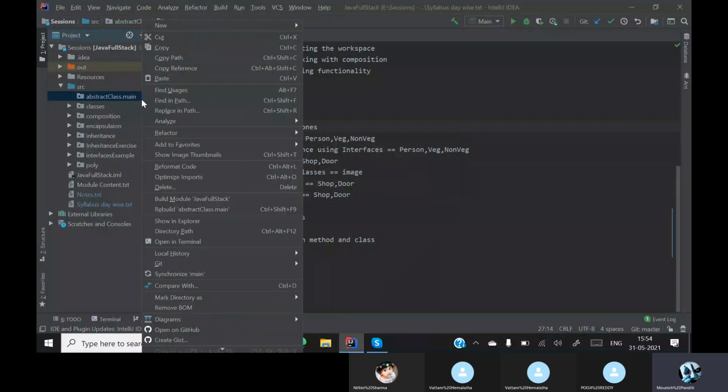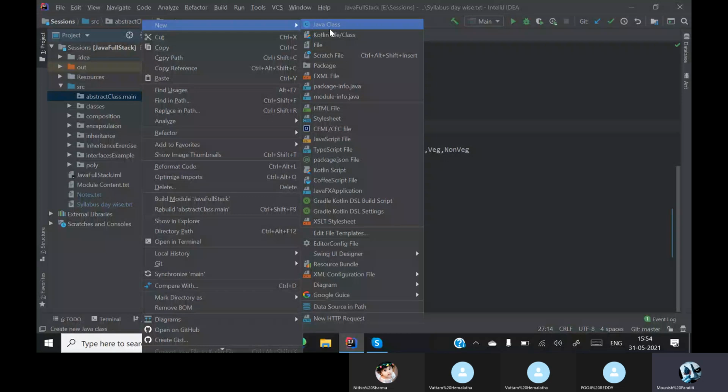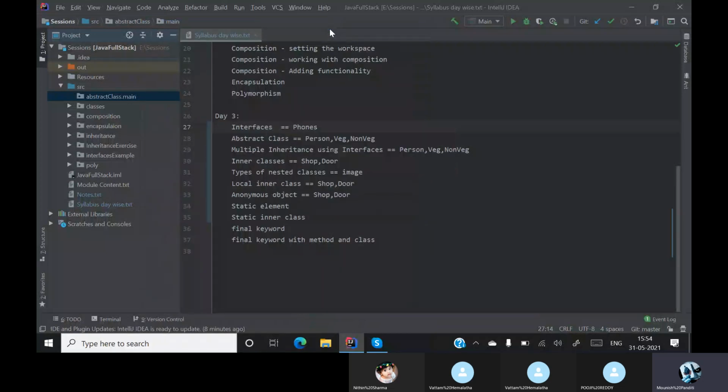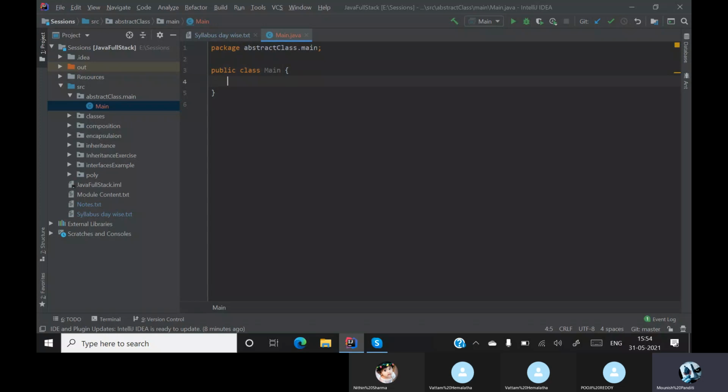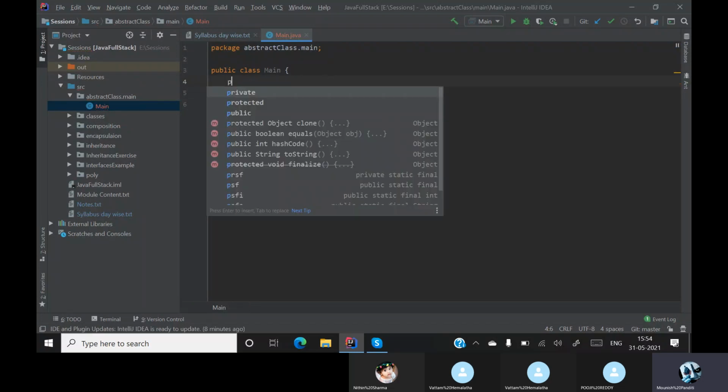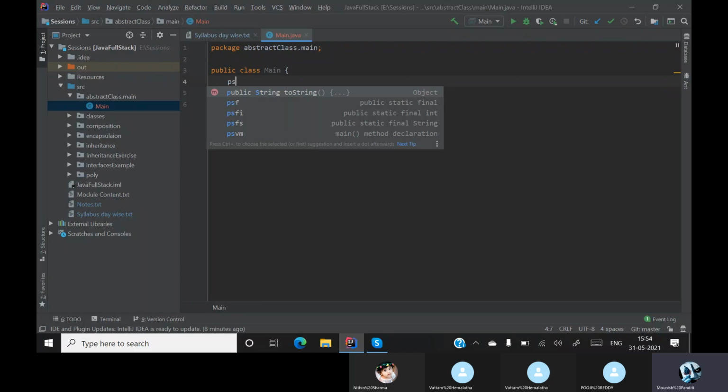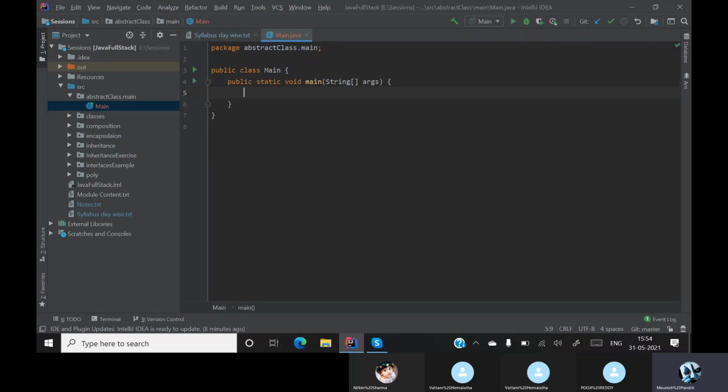Inside this main, we'll create our main class. The main class will have the public static void main.